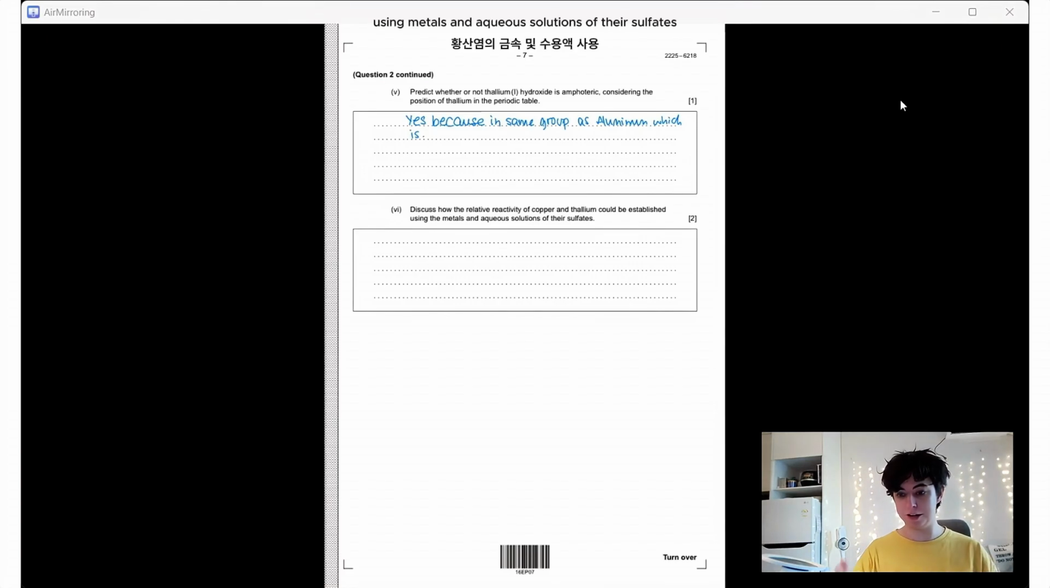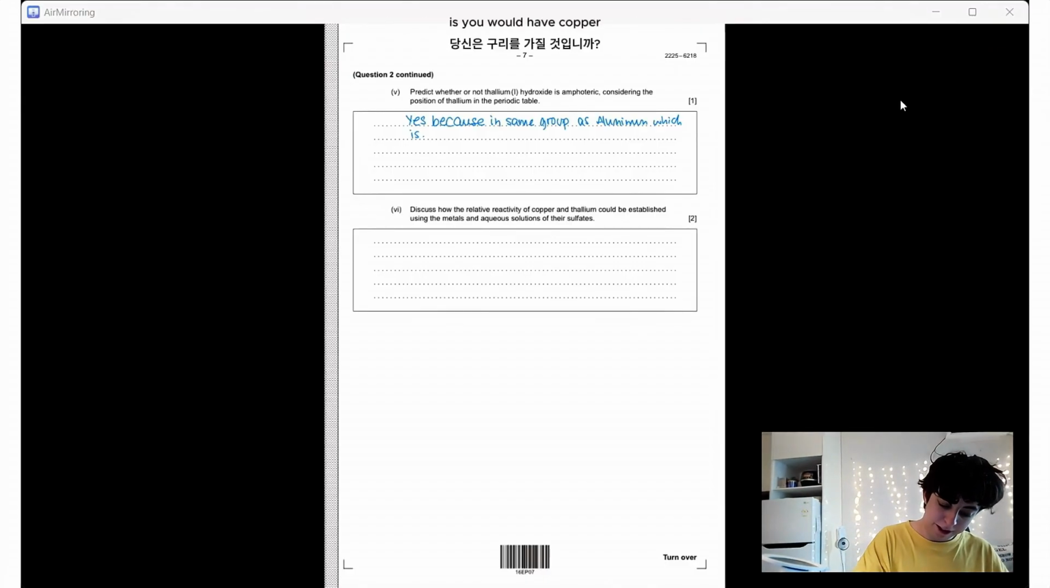Anyway, sidetrack over. Part 6: discuss how the relative reactivity of copper and thallium could be established using metals and aqueous solutions of their sulfates. This is something where you'd be like, you have these 2 things, react them together. If they react, then one is more reactive than the other. Okay, so this is a very common experiment where it's just displacement reactions. All of the redox questions start off with some hypothetical displacement reaction, right? And so what you would do essentially is you would have copper